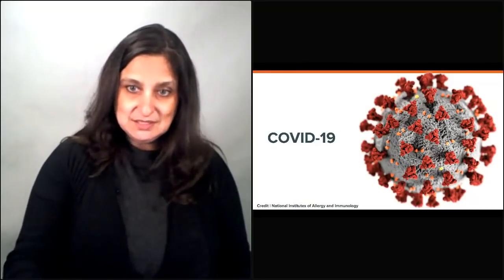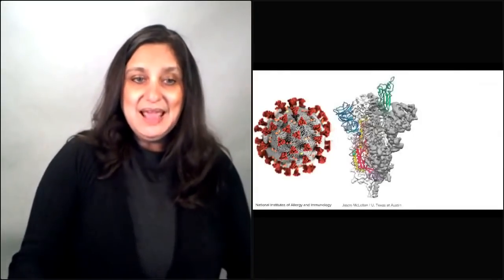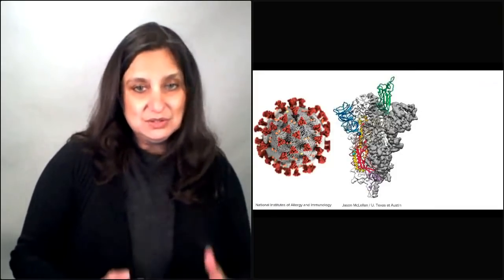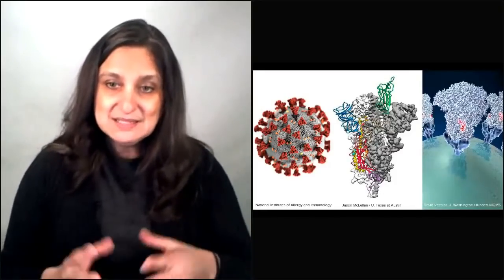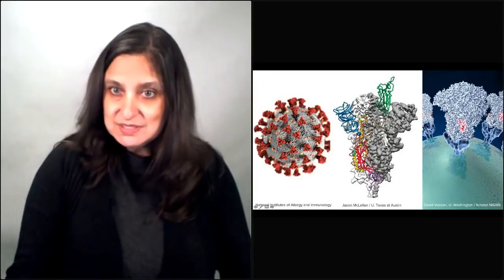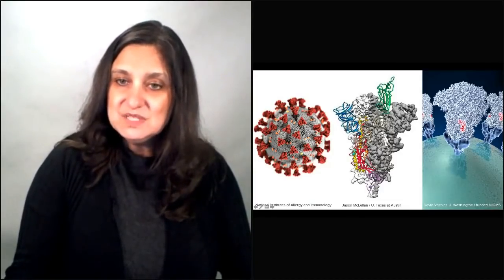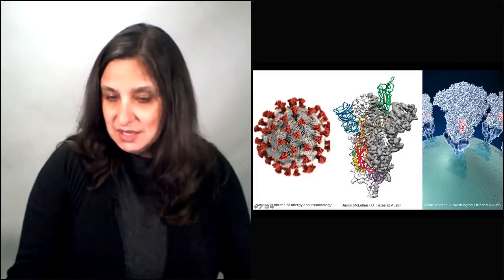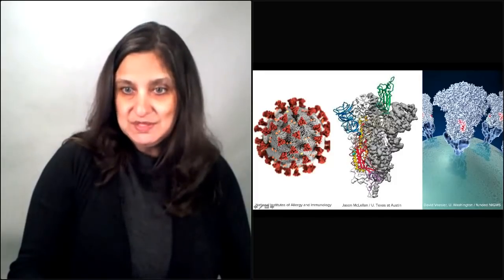So let's take a look at what that looks like here. Here's our virus, and it has those spiky proteins on the outside. And this is a very recent reconstruction of what those proteins actually look like. And why is that important? Those are the proteins that actually bind to receptors on the surface of human cells. And you can see this in the picture. I'm not sure if you can see my mouse in this particular diagram, but here's the actual spike protein of the virus, and there's this sort of red center. And then you see this sort of greenish thing underneath with these purple things that are sticking up. That's the human cell that is binding to the COVID spike protein.